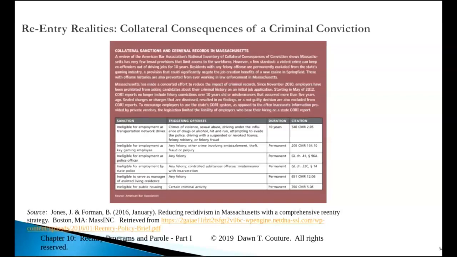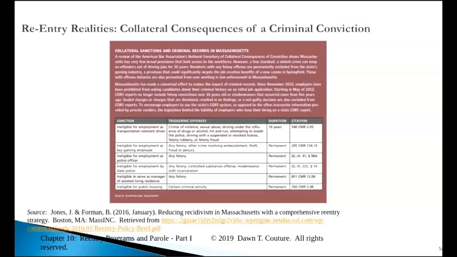Among the additional consequences of having a criminal record in the community is something called collateral consequences. Beyond just having a conviction and having freedom and liberty taken away, people who have a criminal conviction are, in most states, ineligible for employment, even as a transportation worker, a taxi driver, an Uber driver, or driving an MBTA bus for 10 years. Permanent ineligibility for employment in any of the gaming industries. So in some communities, maybe now also here in Massachusetts, thanks to Encore, when it reopens, which I'm sure it will, they're ineligible for employment for life in some states. Ineligible, obviously, for employment as a police officer, that is for sure. State police, local police,